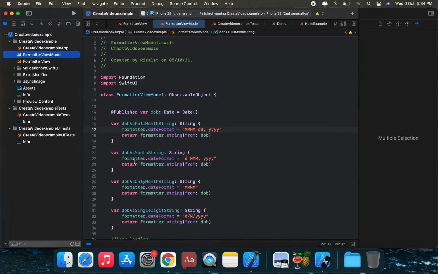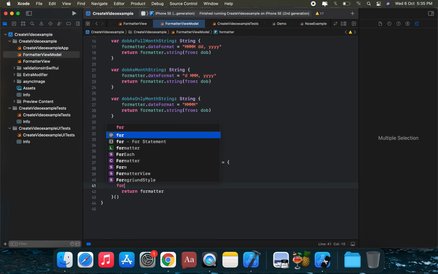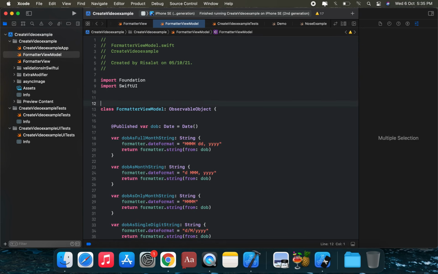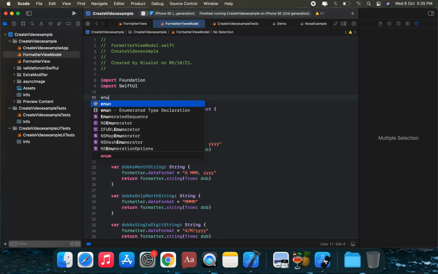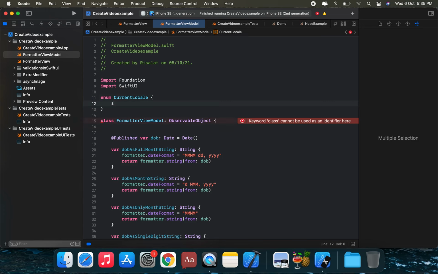This is the date format view model, and on this formatter property we're going to set formatter.locale equal to Locale(identifier:). To handle this, we're going to create an enum. In this enum, suppose this is CurrentLocale, and a static